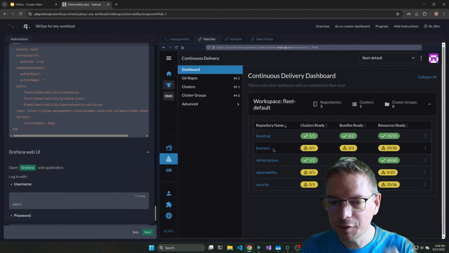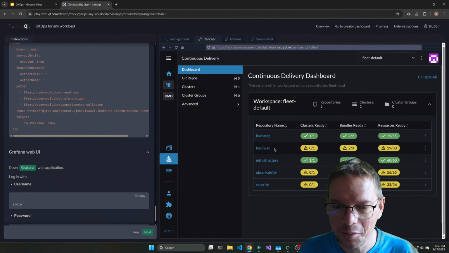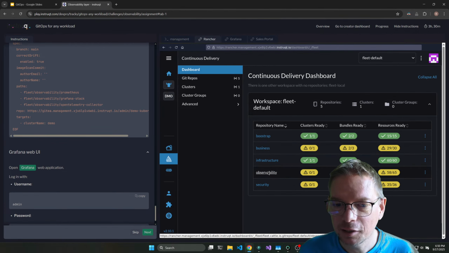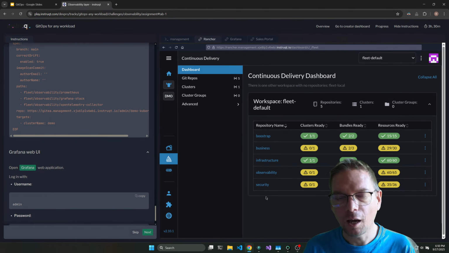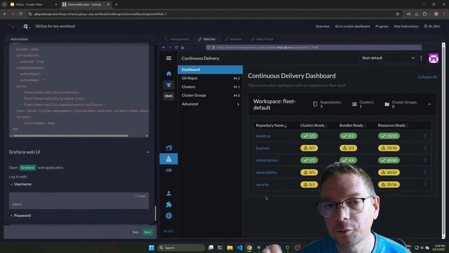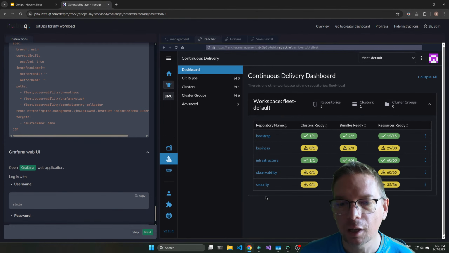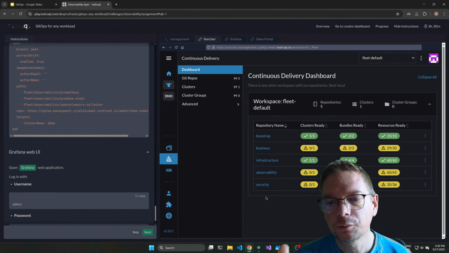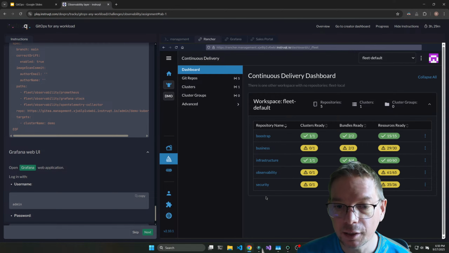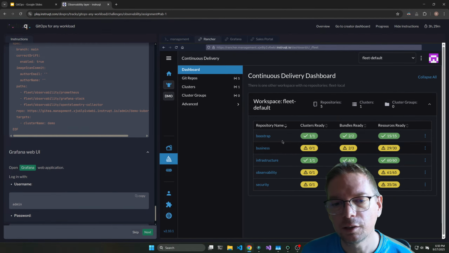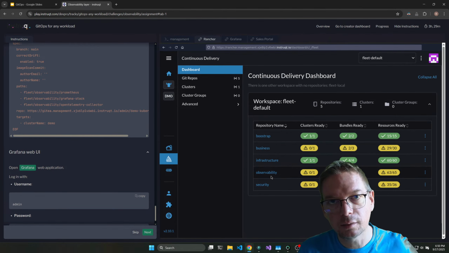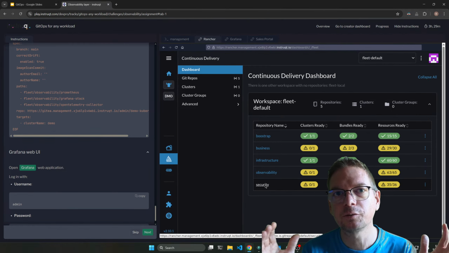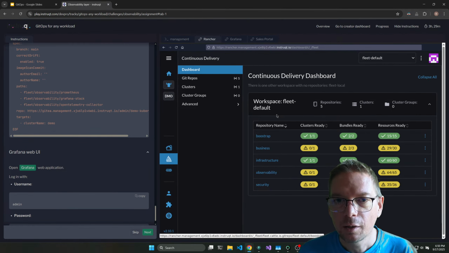Unfortunately for this demo, I need to change my case because the image I was using is not provided anymore by Bitnami, which is too bad. And then we can see that the observability and security stack are installing. And I don't know if you feel like this, but what I like also with, and it will be the same for the other tools, I have a clear vision on what's running and what is expected. It should be clear enough. You've got the different layers. So I started with Bootstrap, and then I did the infrastructure side, the business, and then observability and security. So basically, any kind of workload can be managed by GitOps, which is really cool.